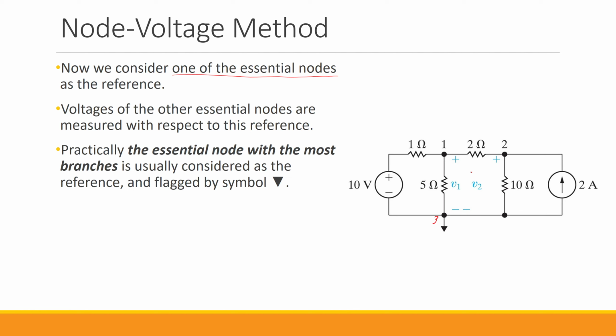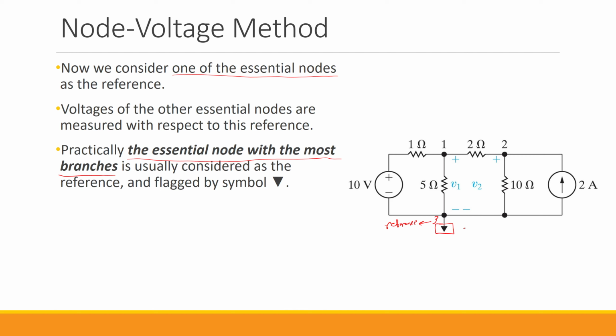Practically speaking, the reference node is usually chosen as the essential node with more branches, because that helps us simplify our equations even further. Between 1, 2, and 3, node 1 has 3 connected components, node 2 also has 3 connected components, but node 3 has 4 connected components: the 10 volt, the 5 ohm, the 10 ohm, and the 2 amps. Because of that, we consider node 3 as the reference,